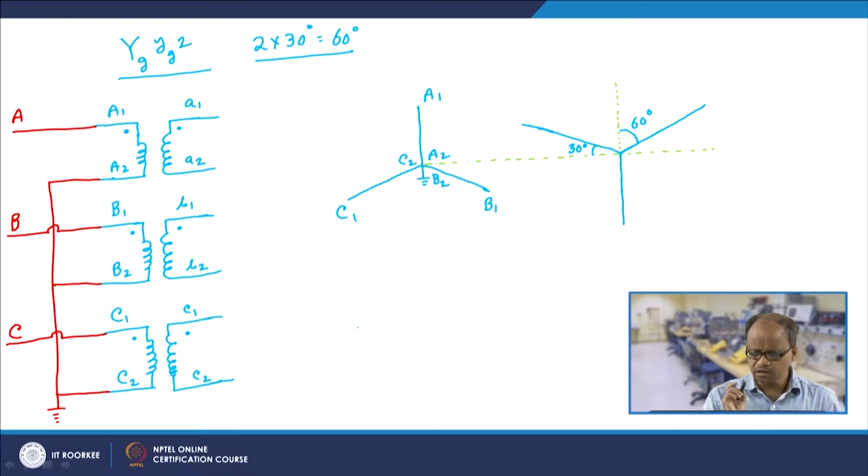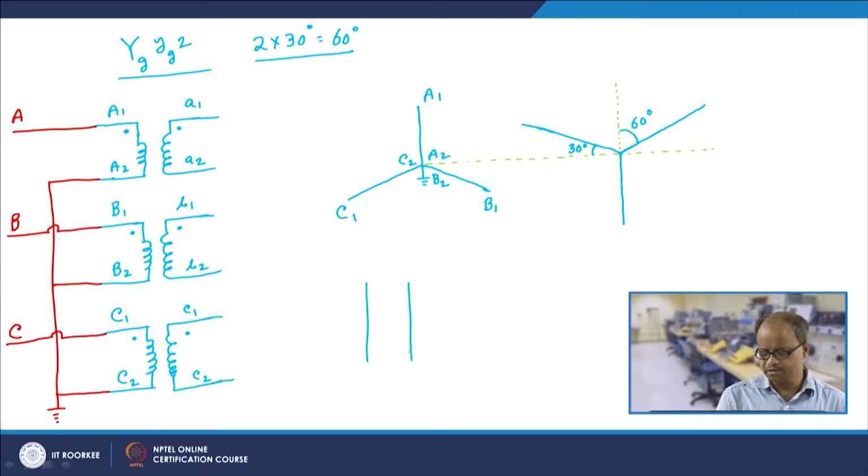Now, for marking the terminals, we need to recollect one thing: when we say that two voltages are in phase, it means they are not only parallel, but their orientation is also parallel. So if I say that voltage VA1A2 is in phase with VA1A2 of the other winding,